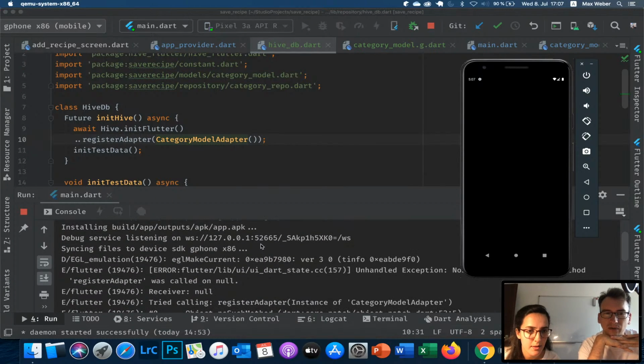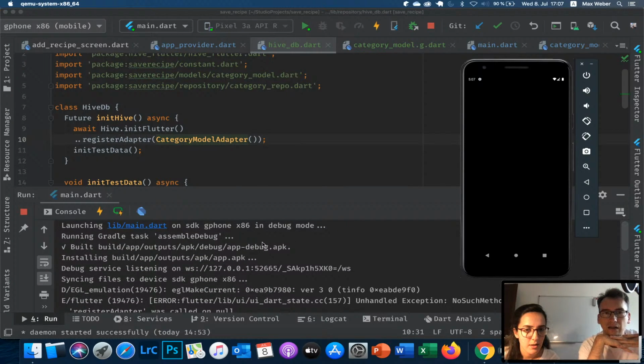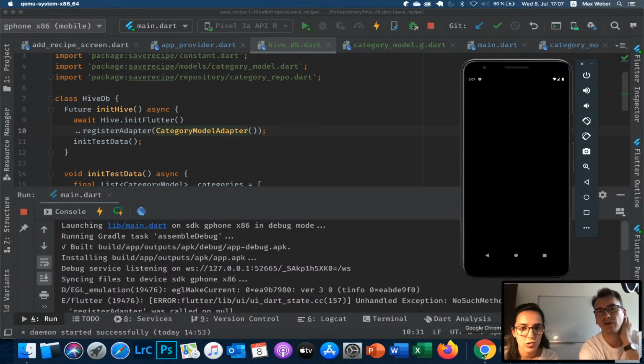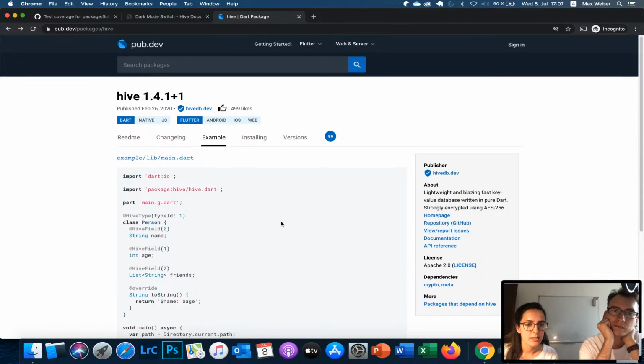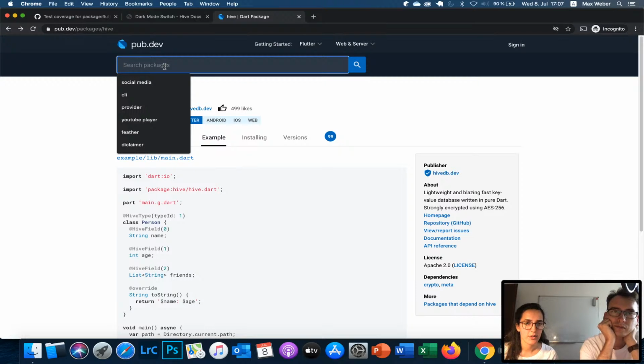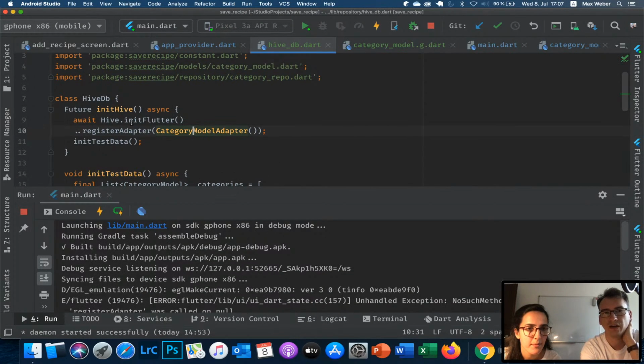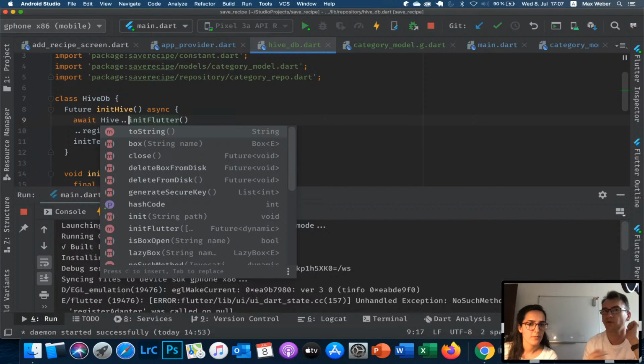Yeah. So we still run into problems. What is this problem now? Register adapter was called on null. So this is bad. Okay. So maybe we can't do it on init Flutter. What I'm thinking is here we are for sure the Hive. Yeah, but stay careful. So what happens here? So we get Hive, init, and then register adapter. You see they use double dots for both of them. So we have to do the same because we return the Hive object all the time. So before we did it on init Flutter, whatever this returns us, maybe null,